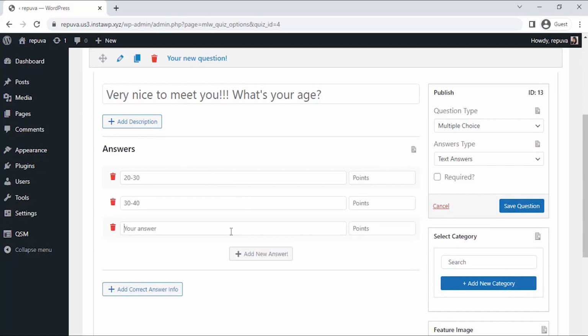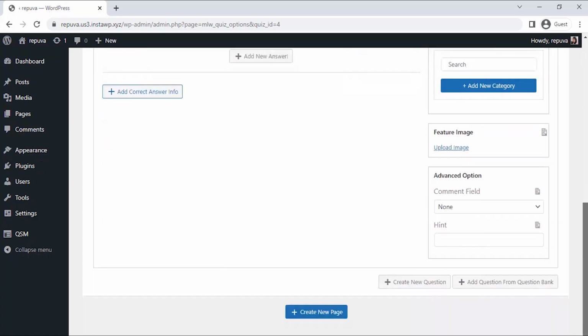You can give the points or correct or incorrect for the respective answers. I am giving the points to the answers to show you the results. And if you want, you can mark the question as required so this question can't be skipped, and then click on Save Question. Since our first question is saved, let's click on the Create Second Page question at the bottom